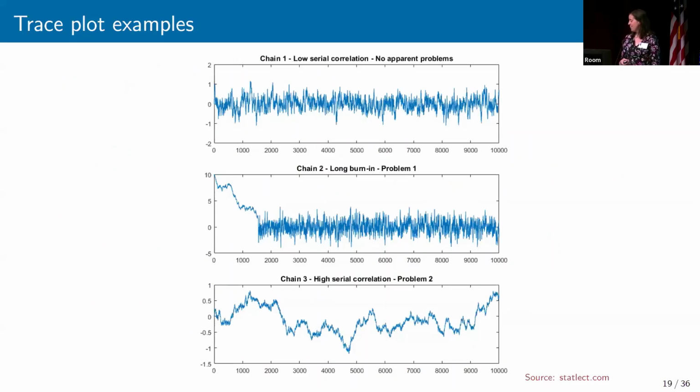I've just found it from the web, just to give you an example of what a plot would look like where the parameter has converged. So the one on the top is showing what the trace plot would look like. The x-axis is just showing what iteration you're on in your sampler, because you generate posterior samples. And then the y-axis is showing the parameter value. So you're going to see some variability. There's some correlation over time because of the way that the proposal distribution works, but it looks like it's converged because it's kind of stable around a certain mean function.